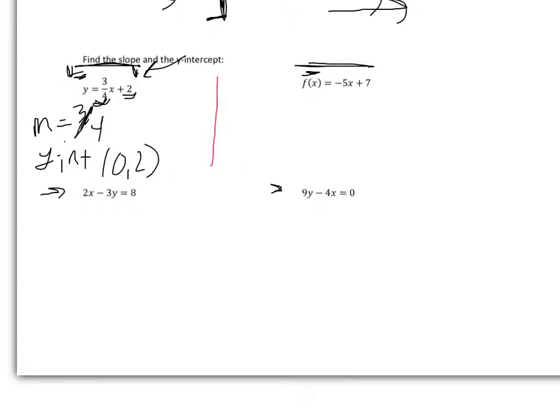Now, another reason why we like the slope-intercept form of the line is this. If we're trying to graph a line, it's easy if we have 2 points. And when this is in slope-intercept form, we have 1 point because it gives us the y-intercept. So I'm going to plot that, 0, 2. Now, we can use slope in the context of rise over run to get the next point. So if we go up 3, 1, 2, 3, and over 4, 1, 2, 3, 4, we land on this